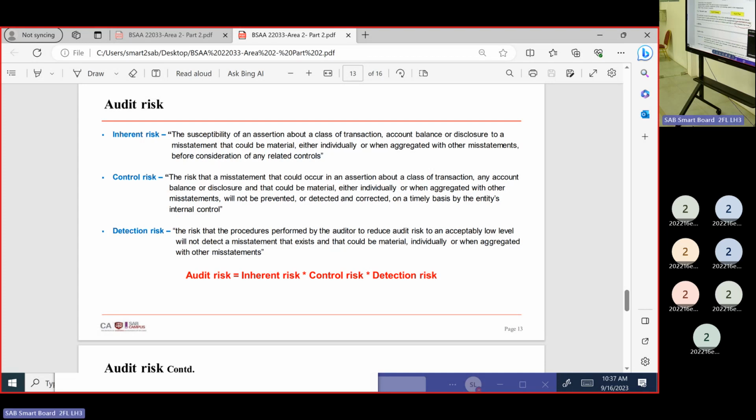For that, what we have to do? Proper control set. Proper controls may reduce business risk to a lower level for audit risk. So we have a proper set of controls. We can reduce business risk to a lower level, and then audit risk. The impact from the business risk to audit risk may be very minimal if we have a proper set of controls. I hope you are getting what I am telling.